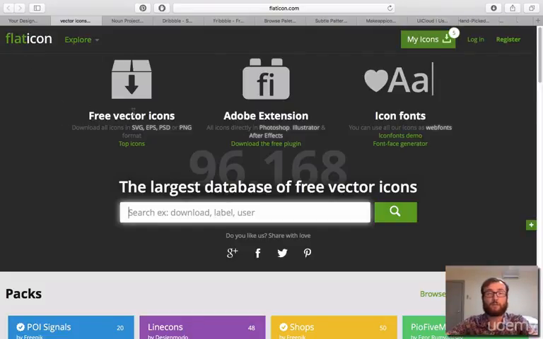Flaticon.com provides free vector icons in SVG, EPS, PSD, or PNG format. That's a lot of acronyms, but most of the time I use PNG. That's just what I prefer. You can also use these icons directly in Photoshop, Illustrator, After Effects, and Canva. Of course, that's the most important part. You can also use the icons as web fonts, which if you design websites, that's a great thing for you